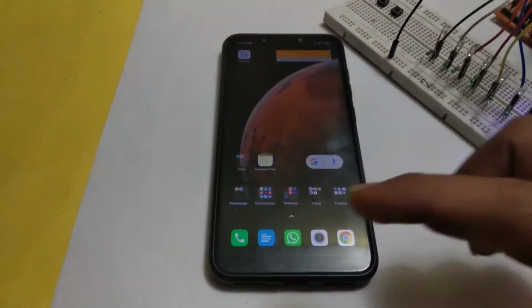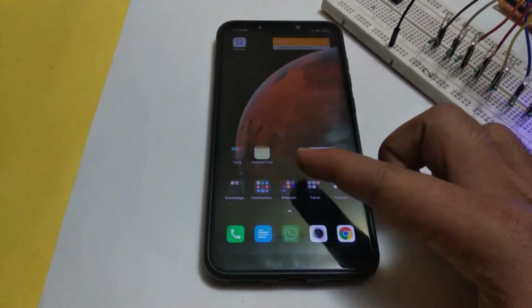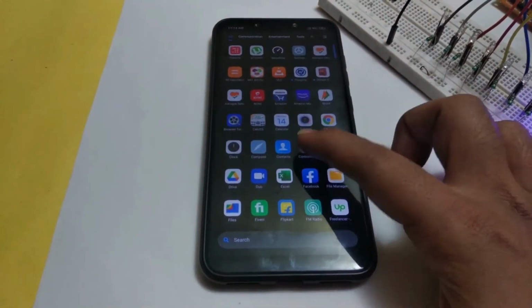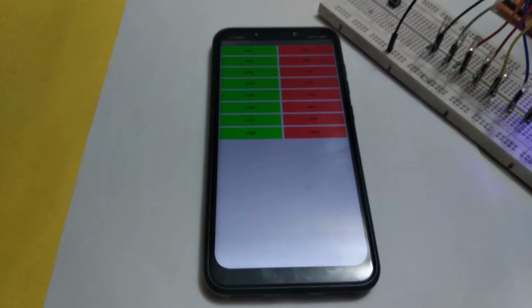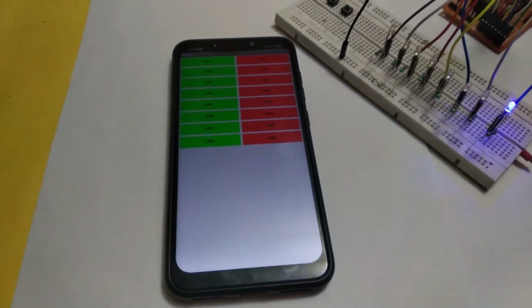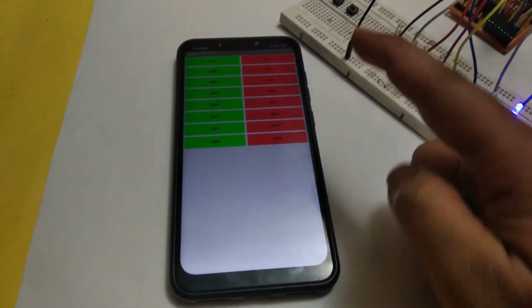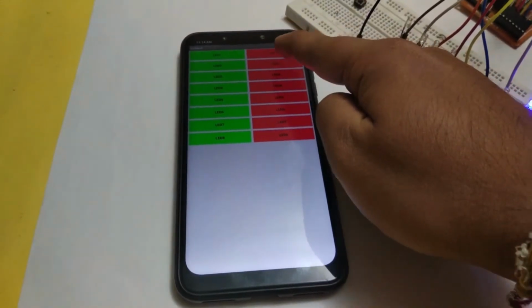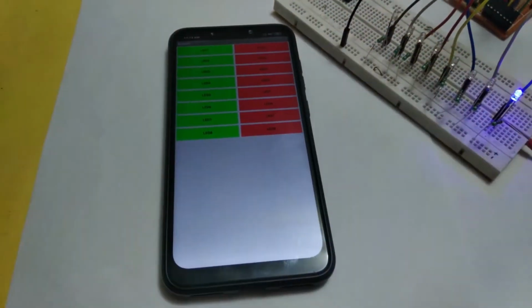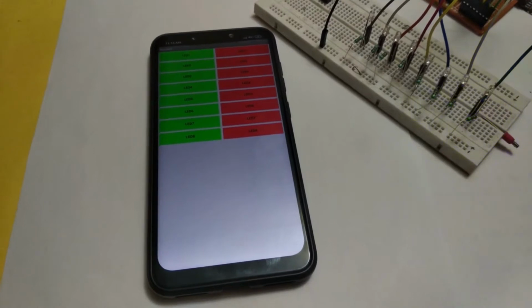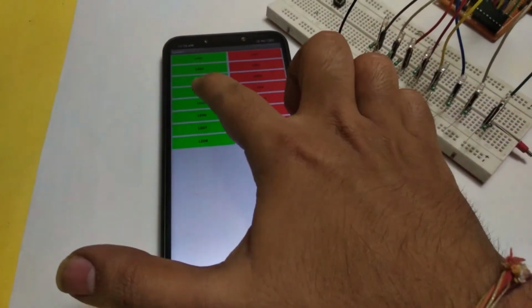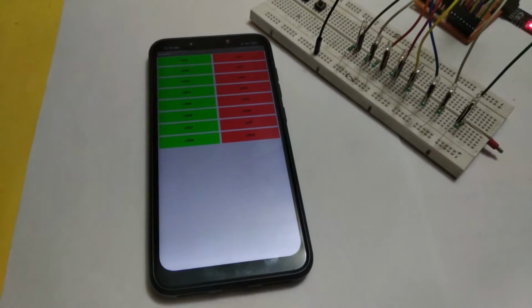Open the app. LED 1 is on. Just turn off. LED 1 will turn off. Now you can turn on and off any LED using this app.